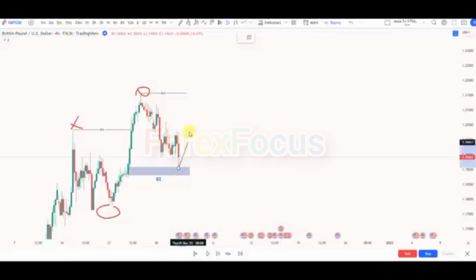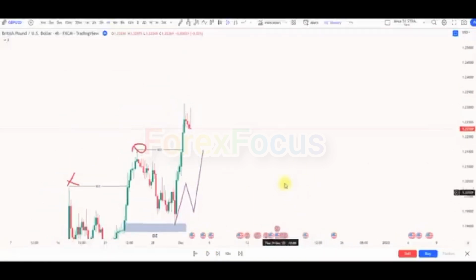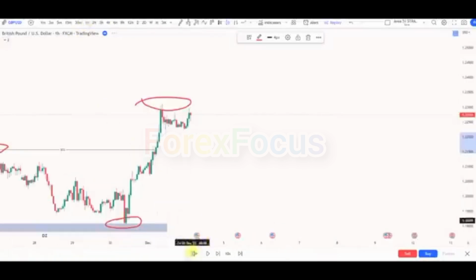Once it hits your demand zone, you scale down to the lower time frame and you look for a change of character, and then target the price here, okay? Over here we have another break of structure. We have the market price here creating high highs, high lows, breaking this structure, giving us a break of structure, okay? Once you identify that, you wait for the market to create some type of lower high, lower low on the lower time frame to come back to your